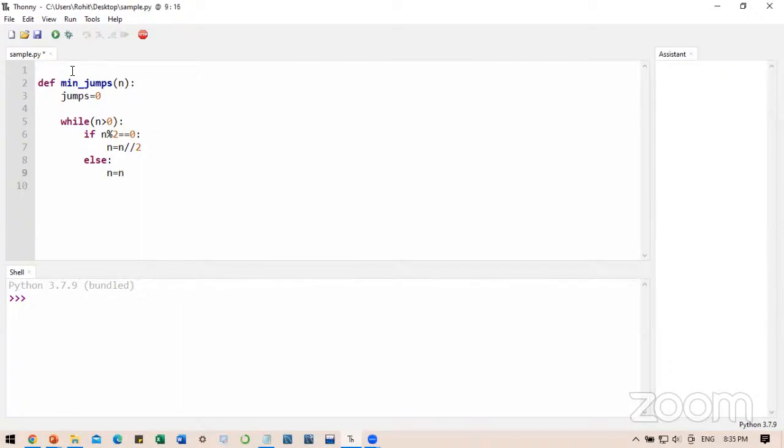So new n will be n minus 1, only one step back. And outside of this, we will increment our jumps value. So jumps equals the current value of jumps plus 1. And when the function completes, we will return the jumps value from here.